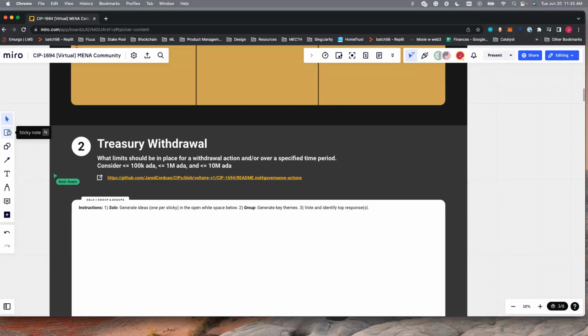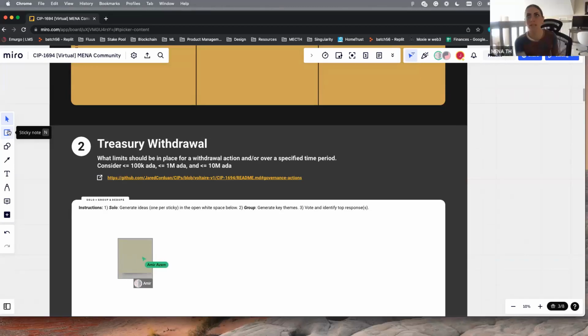What is the process of when someone puts in a proposal? What happens next? You put in a proposal, you pay the deposit, the governance action deposit that we just discussed, and then this proposal goes through a voting period. I think it's every 5 days, every epoch, where it could be enacted. And so it goes through the DReps, the stake pool operators, and the constitutional committee.